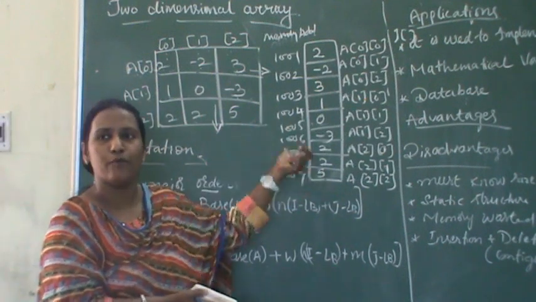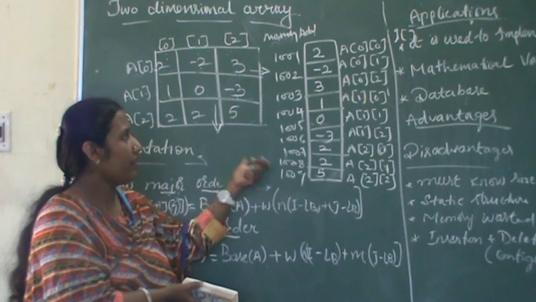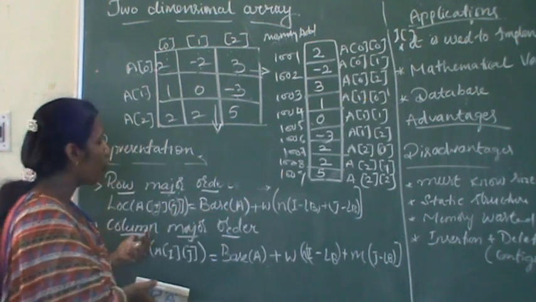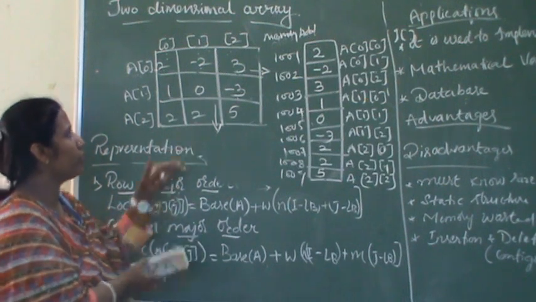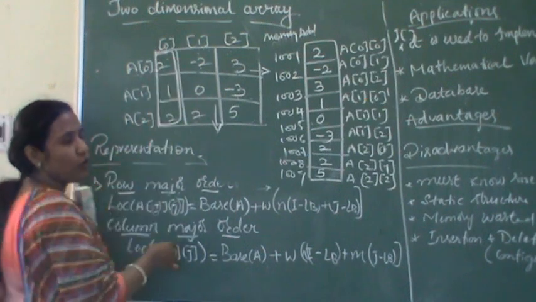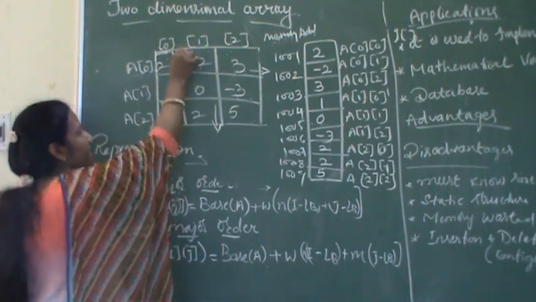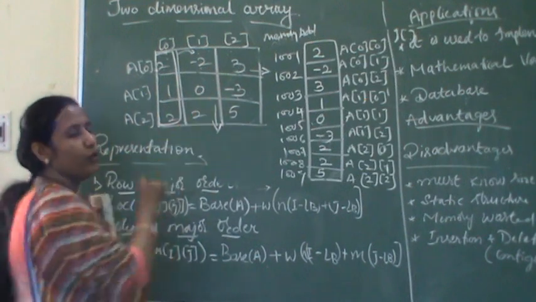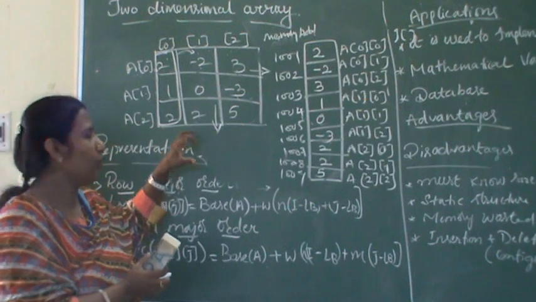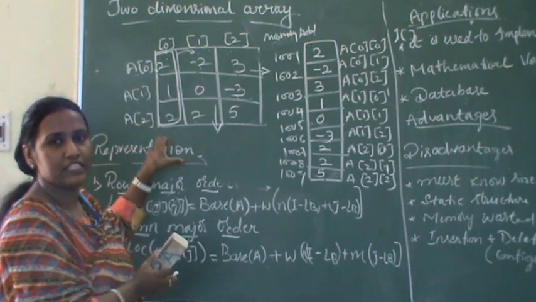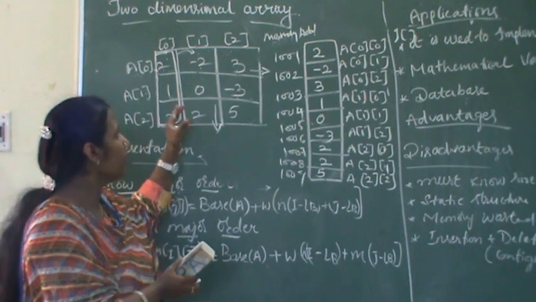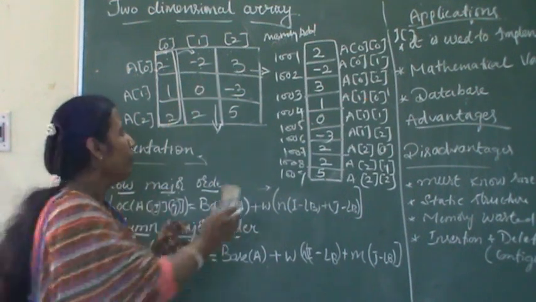So it is one of the types of representation of the array, based on the row major order. In case of column major order, first it takes the first column and stores it, then it takes the next column, then it moves on to the third column. The memory will accommodate the values by first inserting the first column values, then the second column values, then the third column values.